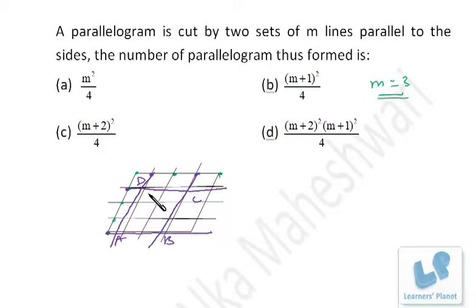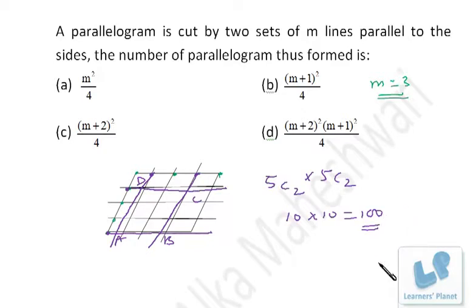So if we choose all the combinations of 2 points from this line and this line, we'll be getting all the parallelograms that are being formed from these points, right? So what I have to do, it's 1, 2, 3, 4, 5. I need to select 2 points from this line, and simultaneously I have to select 2 points from this line. So it's 5C2. Now 5C2 is what? 10 into this 10, that is 100. So how many parallelograms will I be getting? That is 100 parallelograms I'll be getting.